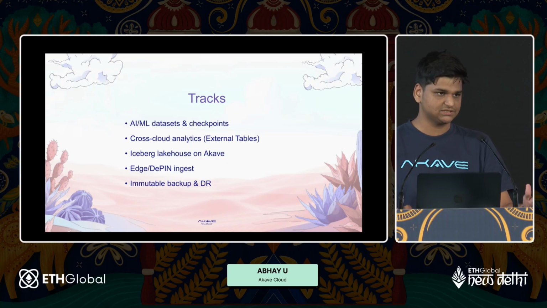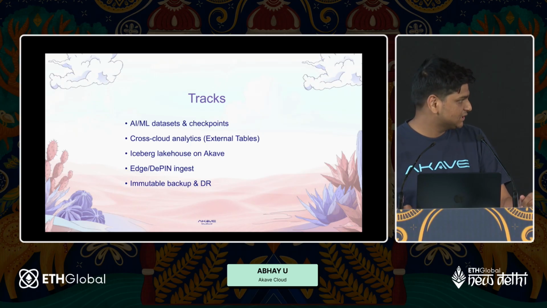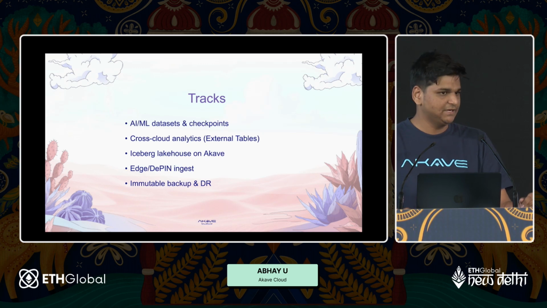Cross-cloud analytics and external tables, that is using Snowflake along with Akave O3. Iceberg Lakehouse, basically creating data lakes using Akave O3. Edge DePIN ingest, using Akave with any DePIN compute protocol. And immutable backup and data recovery.